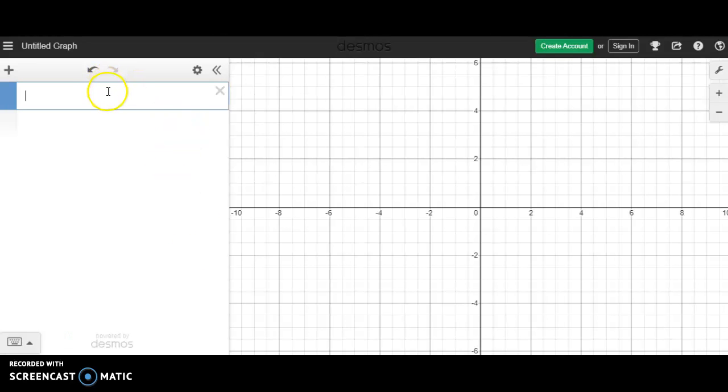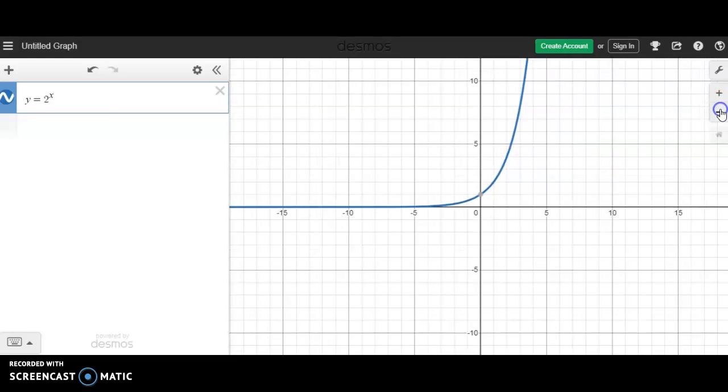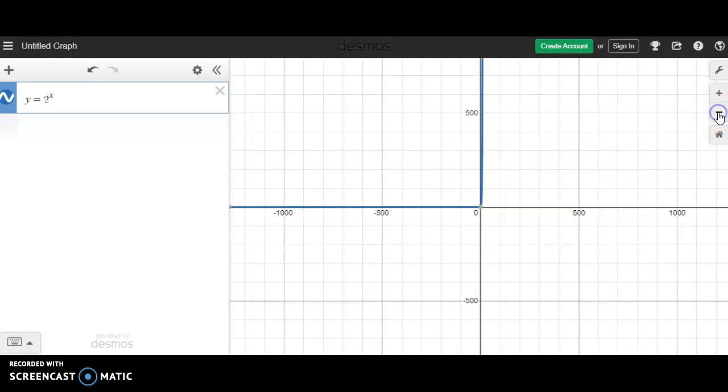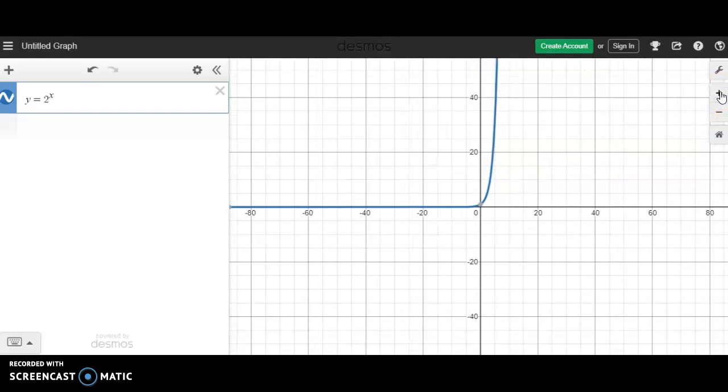When you look at an actual calculation of an exponential function, you might see something that looks like this: y equals 2 to the x. So here's an example of an exponential function. You can see it starts very close to 0, and then it shoots up very quickly. All the way over here, it's basically close to 0 on the y-axis. Then between 0 and 10, we can't even see it get to 10. It goes up so quickly. Zoom out and you can see that it just shoots up and shoots up and shoots up.